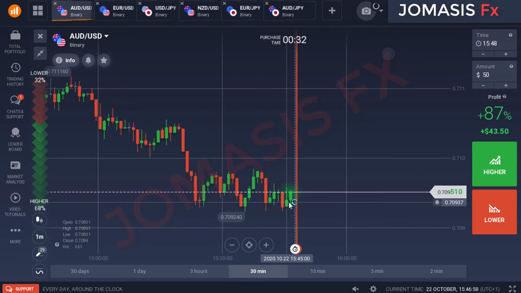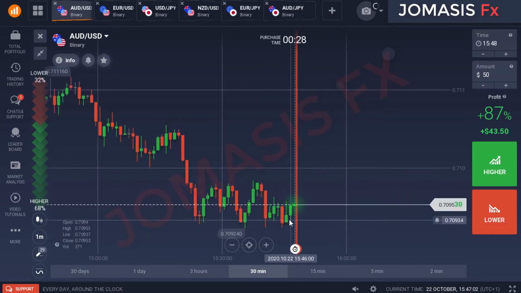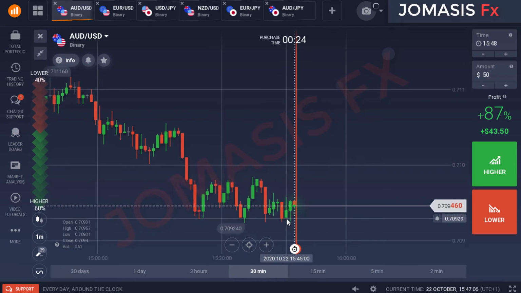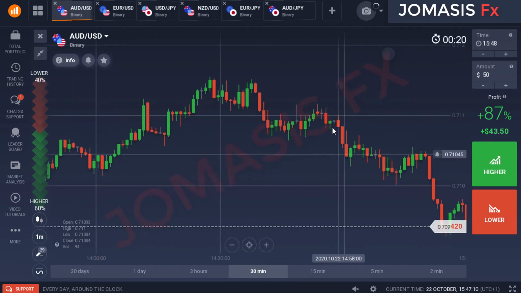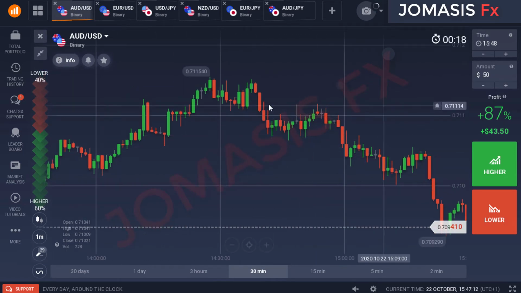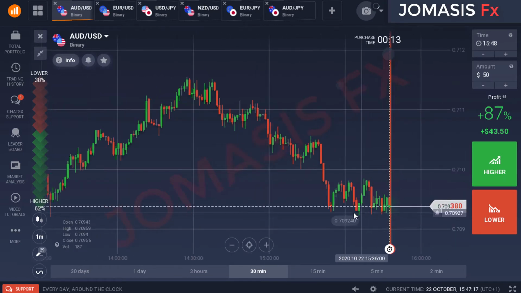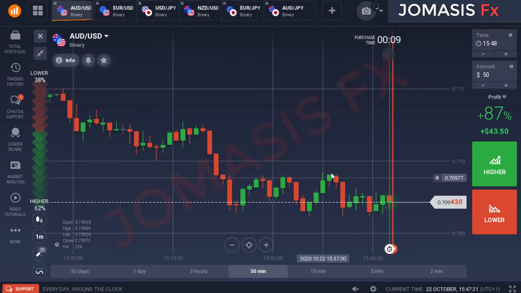So if you look at this candle now, I want you to be looking at this place. If you look at the volume there, it has 361. So that's good volume when trading, but that alone is not enough. Even if there's a high number of people trading and the candle formation is not good, you just have to avoid the market. You understand? So now the market was bad here, but here it's still very bad.